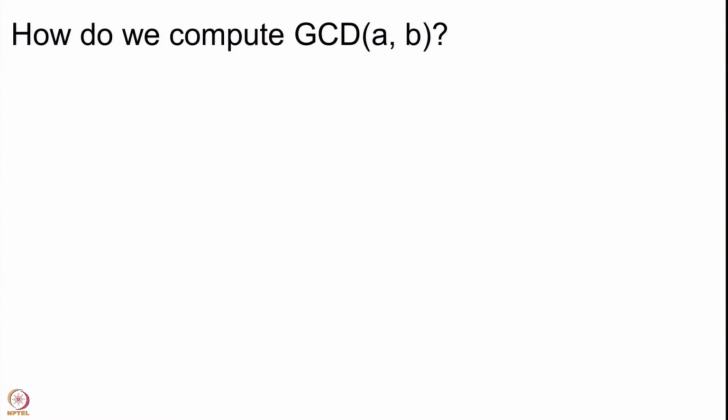Okay. So, now once we define any such thing, the question is how do you compute it? It is not so easy at all. How do you compute GCD of any two given numbers? This is the question that we must answer, and we are going to use Euclid's division algorithm. I hope you remember the division algorithm.